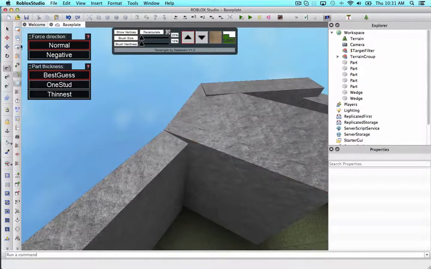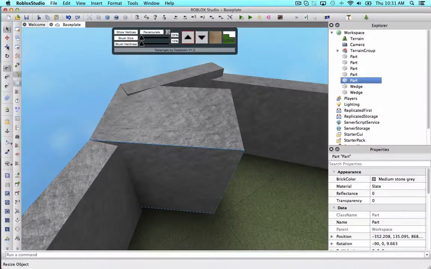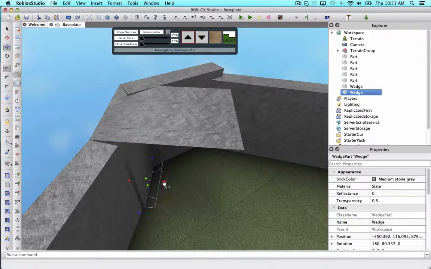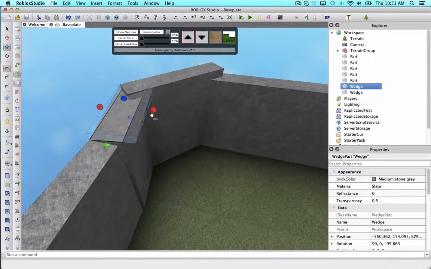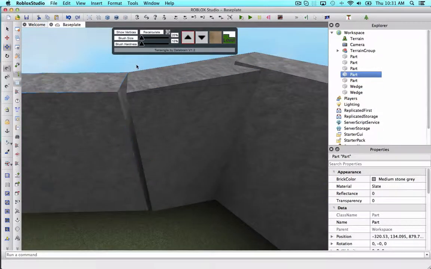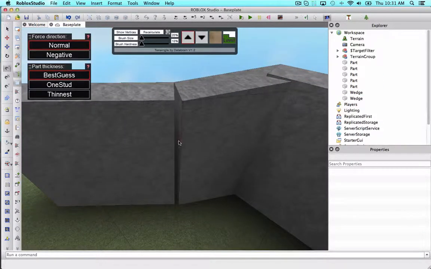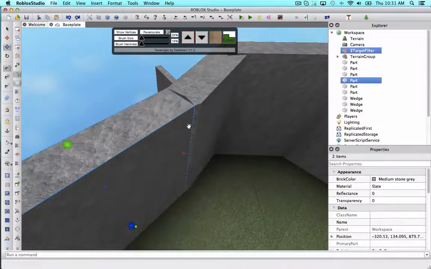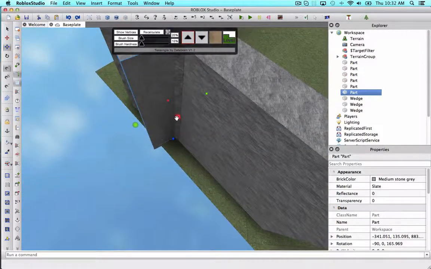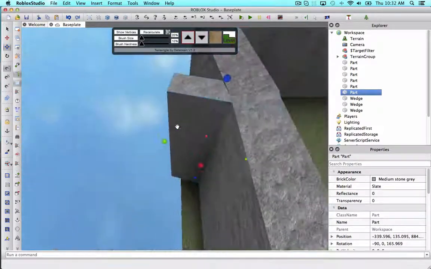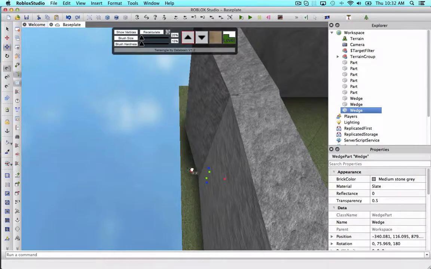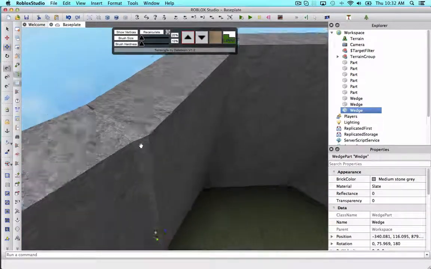Sometimes it does some of this funky stuff, but honestly, I've really enjoyed the convenience of it. You'll have to adjust the sizes sometimes, unless you like do one stud and then modify it slightly. But overall, it's a pretty helpful tool, if not a little wonky. I don't know why it shoots it all the way back out there. Shouldn't even be necessary. Dang it! I hope someday they perfect the tools in Studio. That'll be really nice. I don't even know I generated that part, but I'll just tuck it under there,